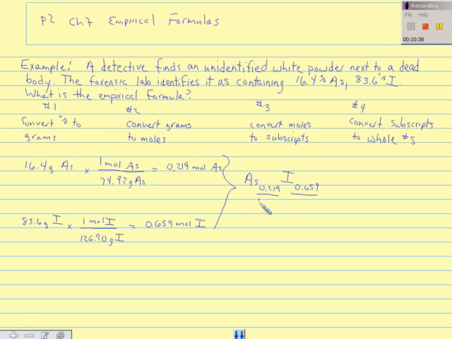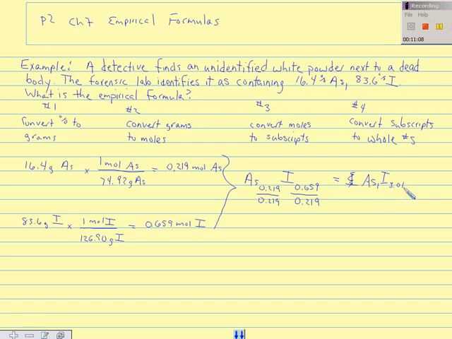So this would be divided by 0.219 and divided by 0.219. And when we do that, we get arsenic, and a number divided by itself is 1. And you plug this in, and you get iodine